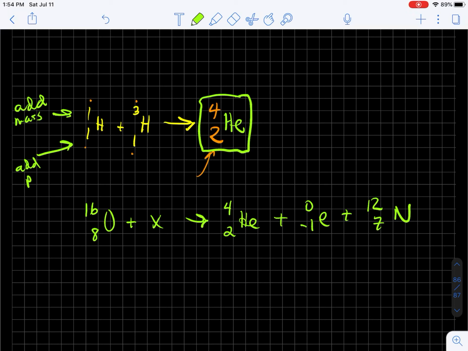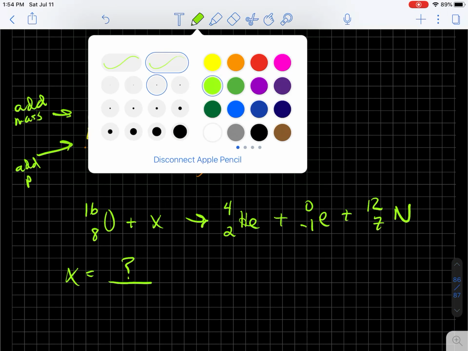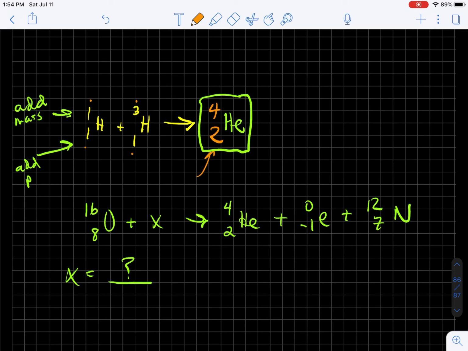Right, so suppose they give you this, and they say, all right, we're going to take an oxygen 16 atom, and we are going to fuse it with a particle, and we're going to get all of this mess out of it. Actually, I guess that's not really a fair example, because that's not really possible, but we're going to stick with it anyway, forgive me. Suppose we get all this mess. What is the particle X that you have to add to oxygen? All right, again, not hard. We have